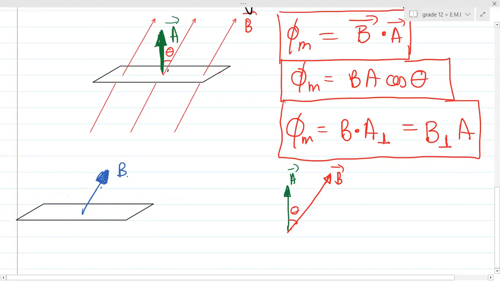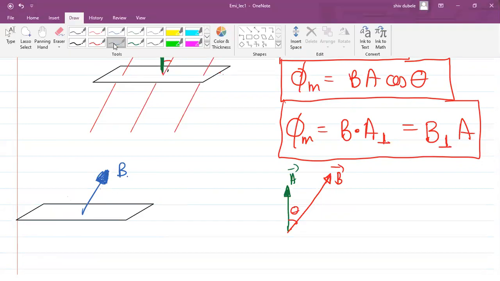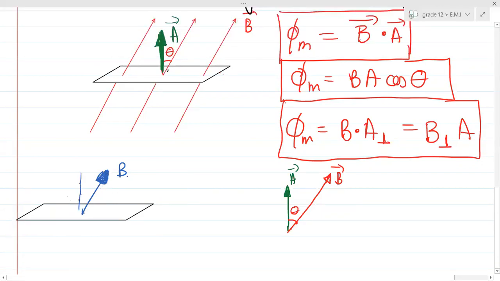I can do two things. I can resolve this magnetic field into two components. I can say this angle was theta, right? So this will be the perpendicular component, which is basically B cos theta, and this will be the B parallel, which is B sin theta. I can write this thing here, B perpendicular